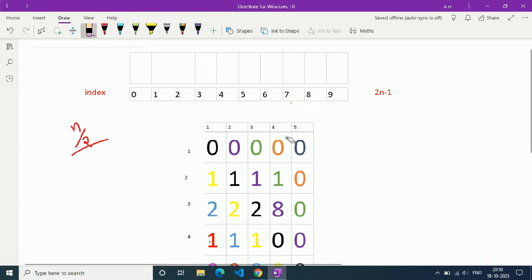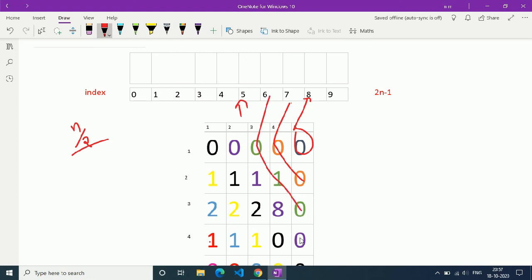And I think we should use long type here to avoid any error. So let me explain again. We are storing the sum of diagonal elements like this. This sum is stored at 7. This sum is stored at 6.